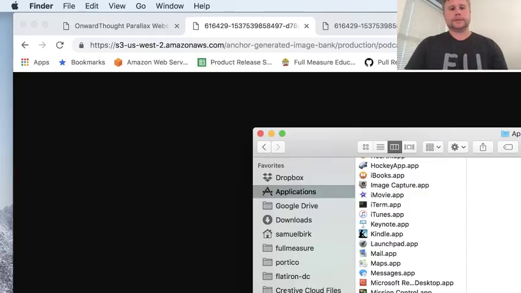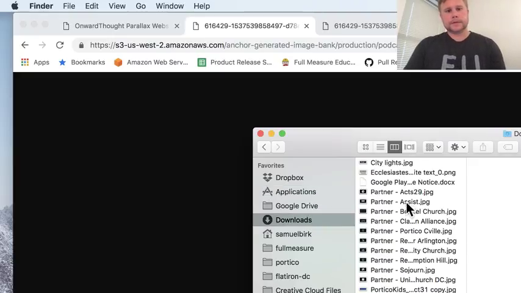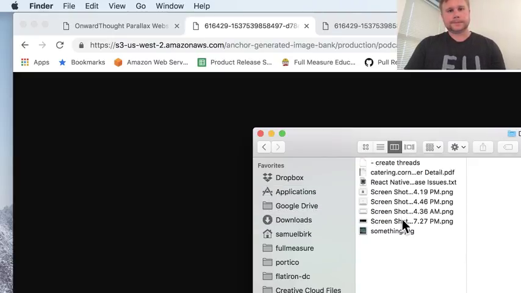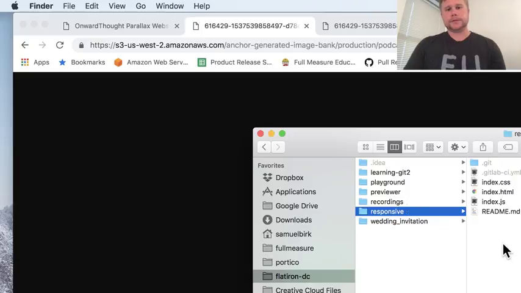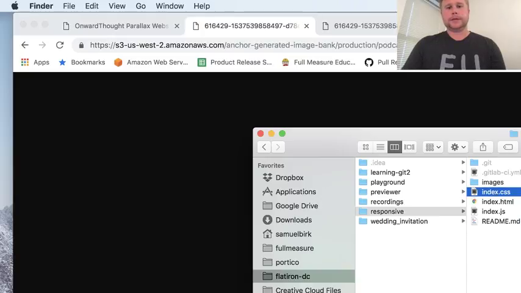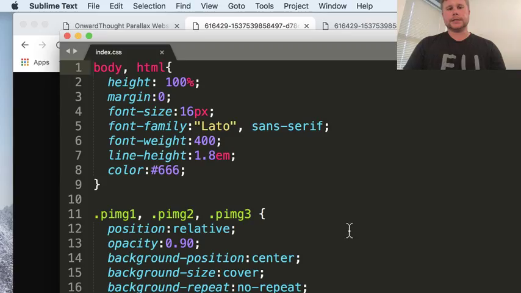So the first thing you have to do is go find it from your downloads. I tried to create an image folder within that responsive code file. Yep, that's the first step. So you go inside responsive, create a new folder called images or whatever, but images is a good name. Paste it, so we have our something.jpg, and if we go back to our index.css,